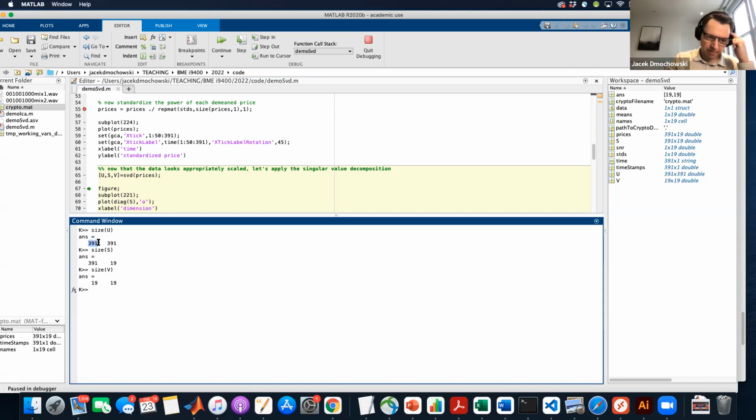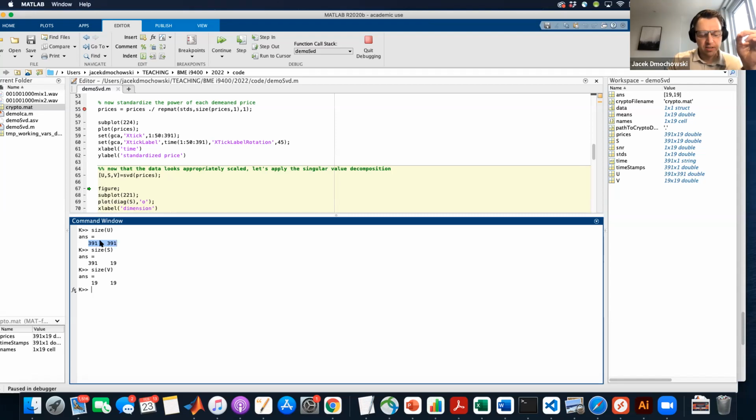The row dimension was time, and the column dimension was currency. And so what the SVD has given me here is a set of basis functions for each of those dimensions. As a preview of what you're going to see in the next few figures,